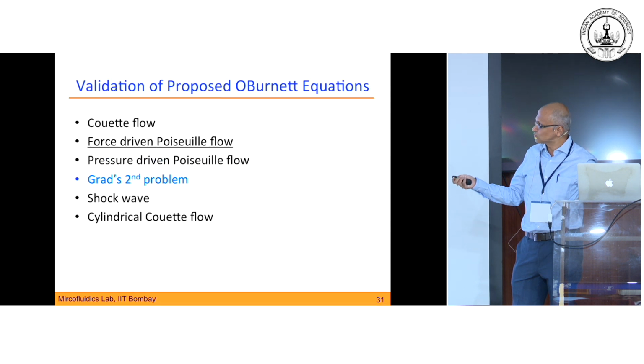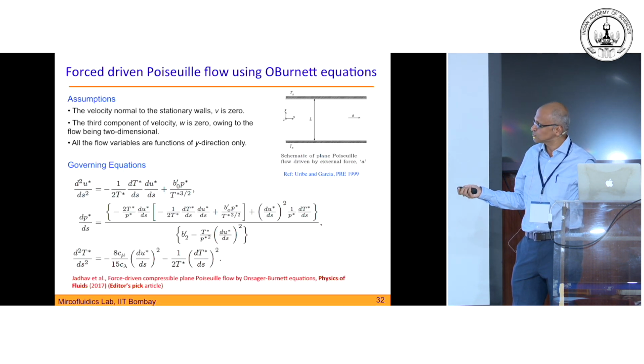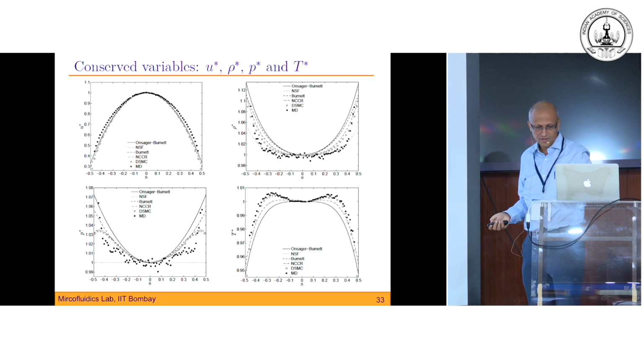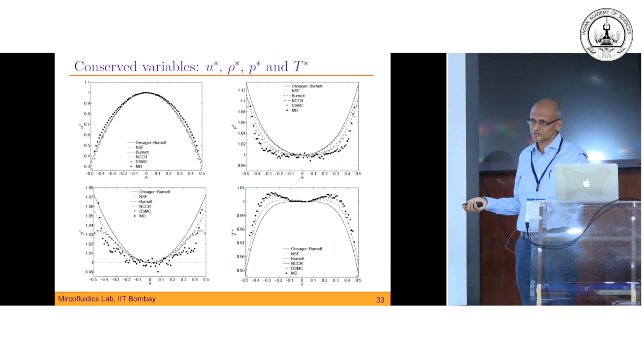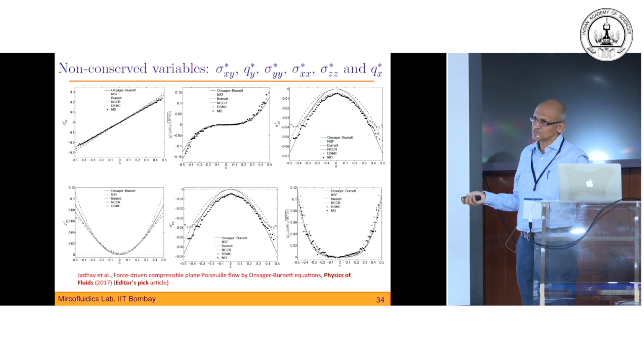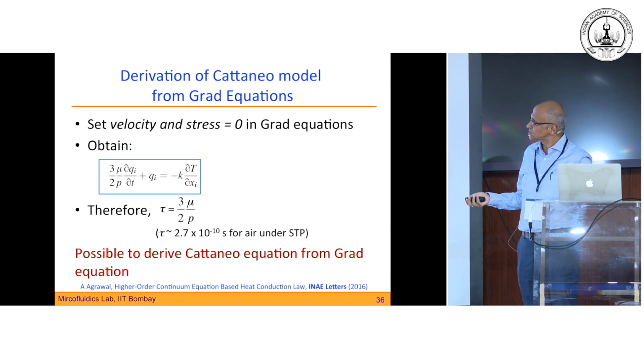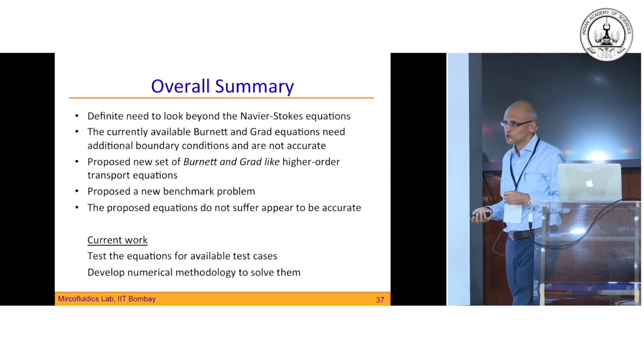So what I will do very quickly here is take one benchmark problem and show that the data we get is consistent. I will go very, very quickly through this, just to show that we have compared the results from our equations for one benchmark problem, but for a lot of different quantities: all the stresses as well as the velocity, temperature, density, etc. We have compared against a lot of benchmarks, and we do get very consistent results. So I think this is where I will stop.